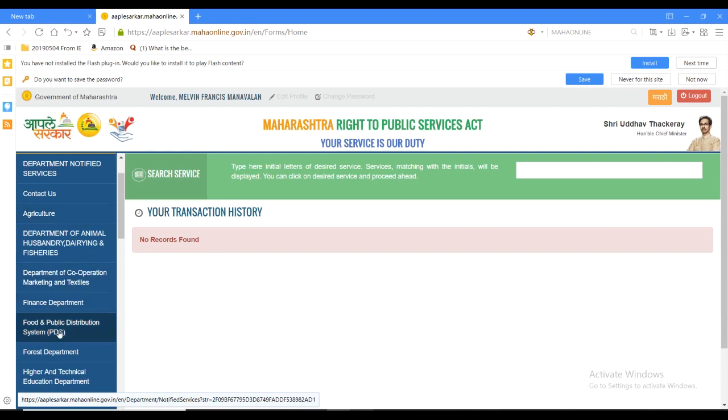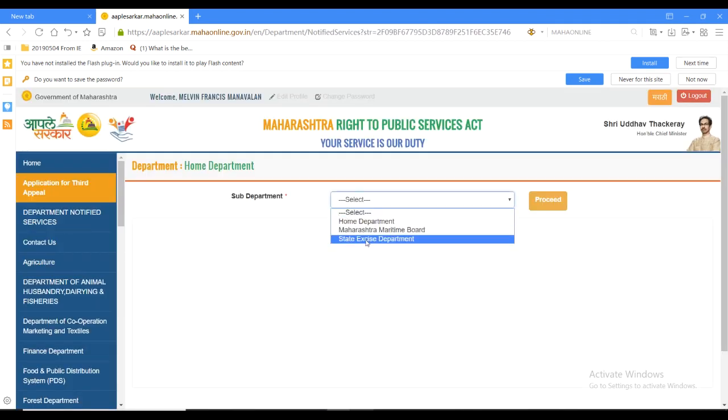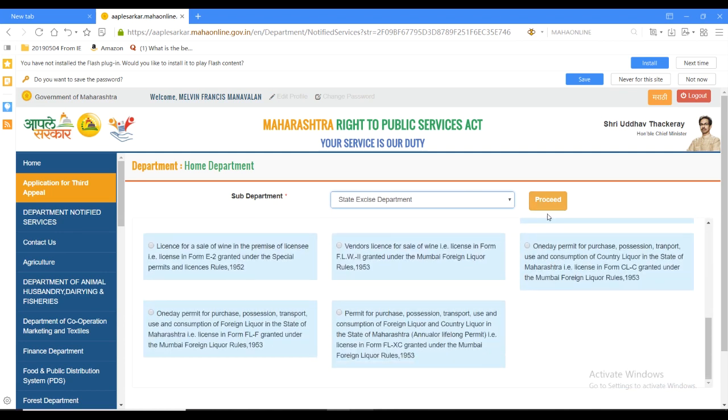Page will open. Now click on home department, select state excise department, go to the bottom of the page and click proceed.